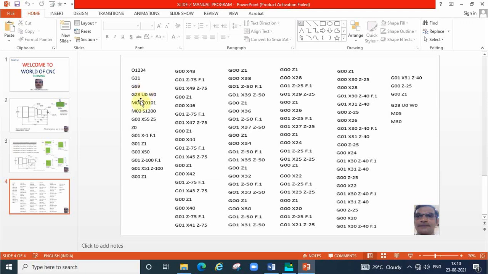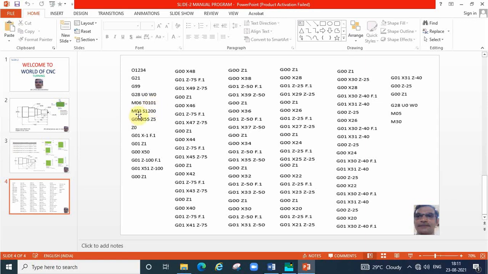Next, before changing the tool, we have to move the tool to the reference point. Then only we can call the particular tool. For moving the tool to the reference point, we can use the G28 command. And then changing the tool by using the M06 command. T01. 01 is nothing but the tool number. Another 01 is nothing but the offset number. Already I told in the first slide. Okay, so how to take offset? It should be saved in the same number. If it is tool number 2, T0202 will come.